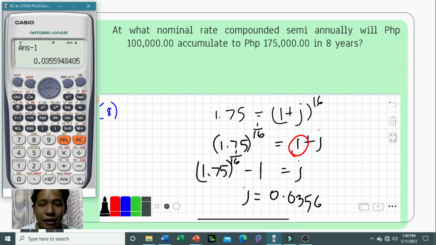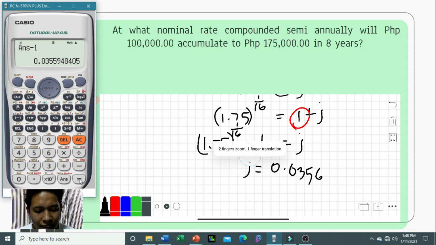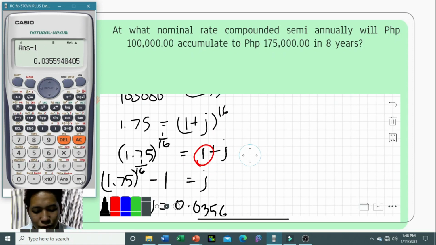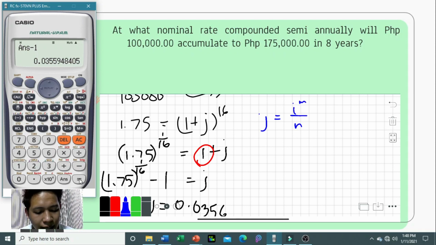The value of J, but that is not yet our nominal rate. So, to get the nominal rate, what we're going to do is to use the value of J. So, we have here J equals I raised to M over N. So, ang gagawin natin, the value of J is